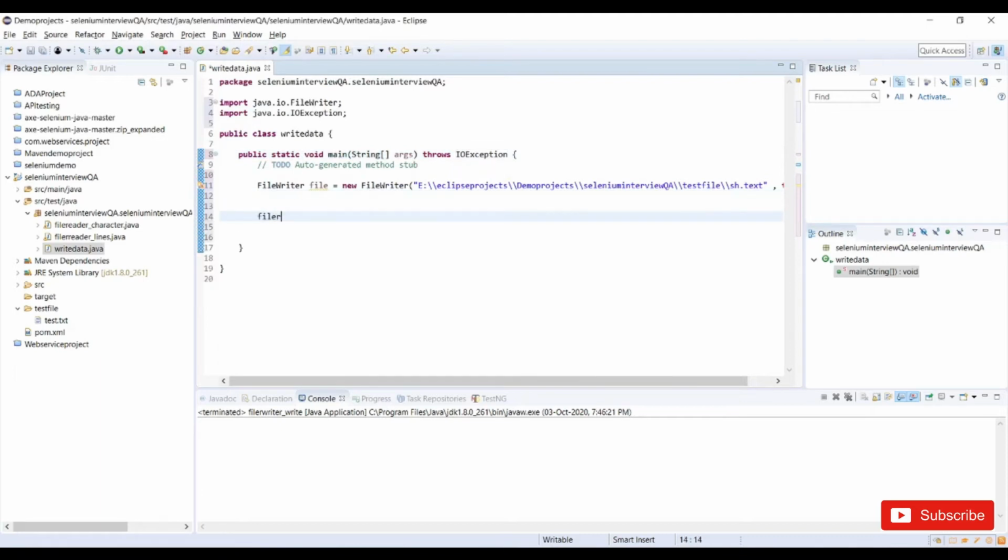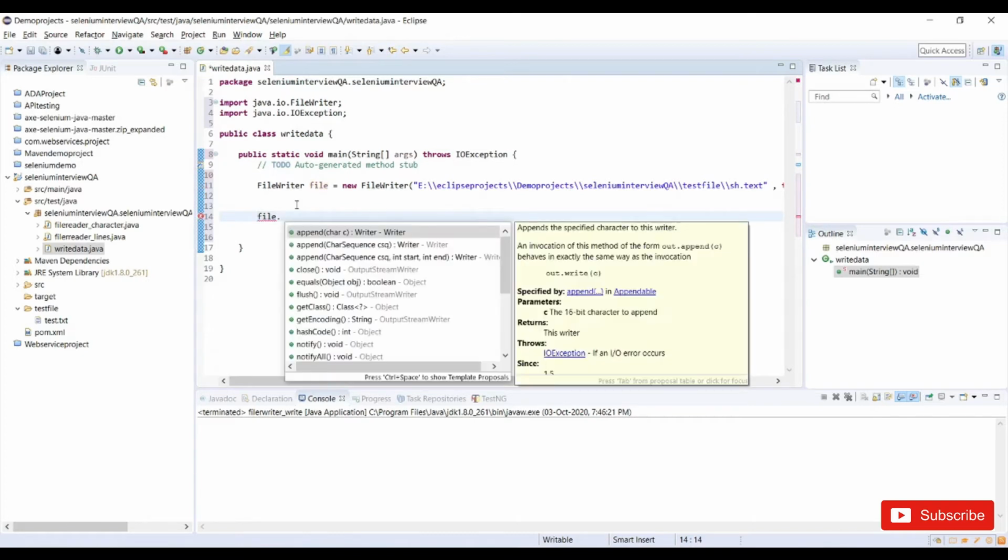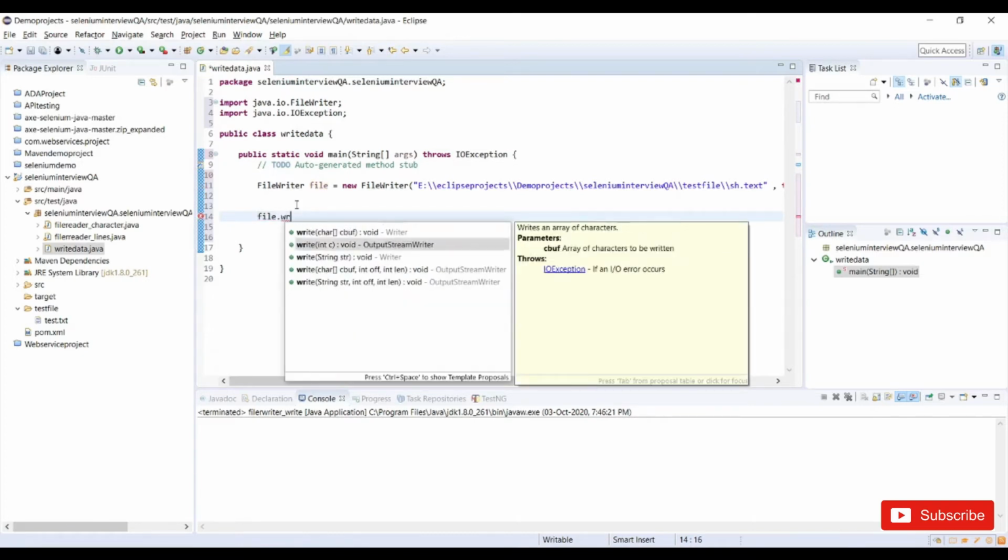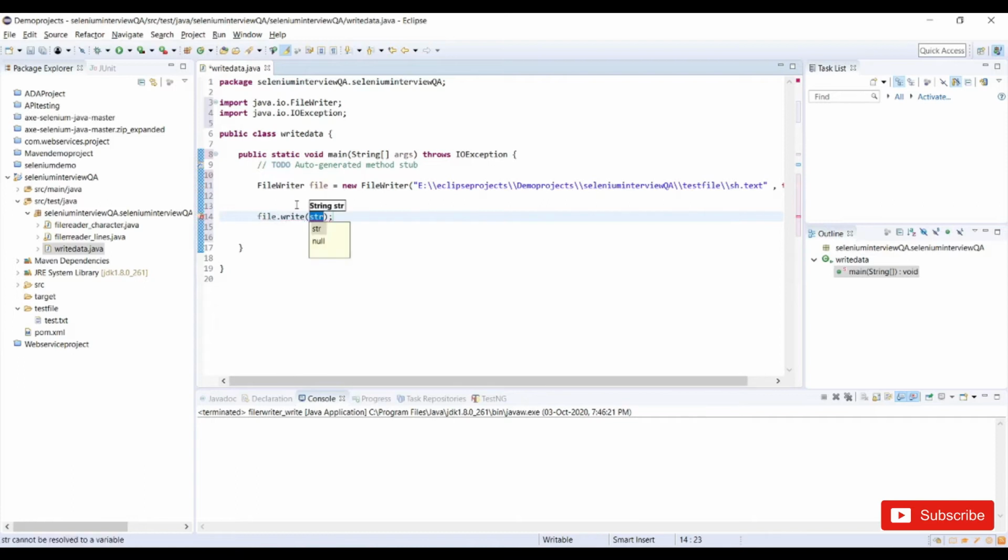Using the file, we can call the write method. Under write, we need to provide some data that will be written into the text file. So let me give some characters like "welcome to my channel" as one line of string.